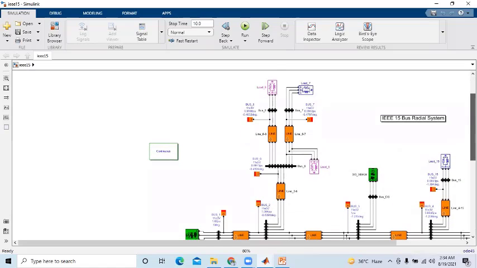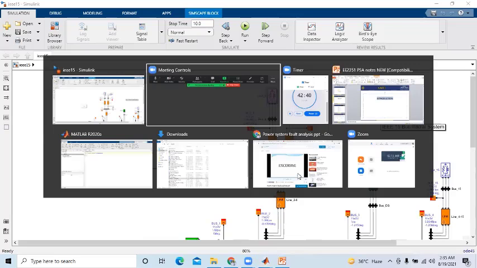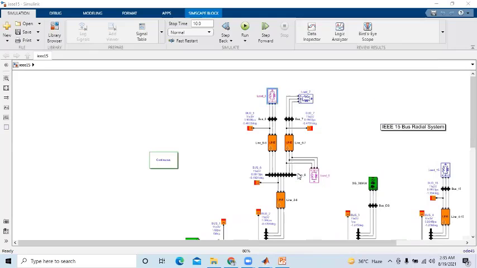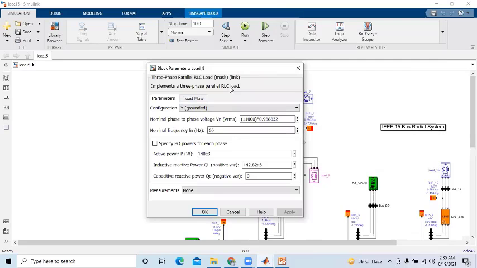So look at this. Here we have bus number 8 and bus number 7 with the loads connected as load 8 and load 7 respectively at these locations. Load number 8 is provided with the details as shown to you. Just opening up the details. So this is the load 8 configuration.